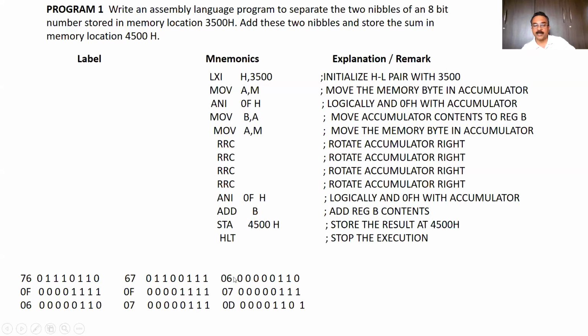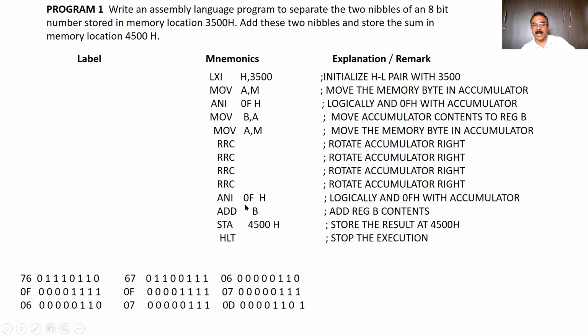In this case, I have shown here the addition 06 plus 07. 06 is expressed as 0000, this 0 expressed as a group of 4 zeros, and the 6 is expressed as a group of 4 bits, again 0110. Similarly, 7 is also here 0000 and 0111. When you add these two, this is binary addition. 0 plus 1 is 1, 1 plus 1 is 0, carry 1. So 1 plus 1 plus 1 is 1. Again, there is a carry 1. So this will be 1 and the remaining 4 are 0.